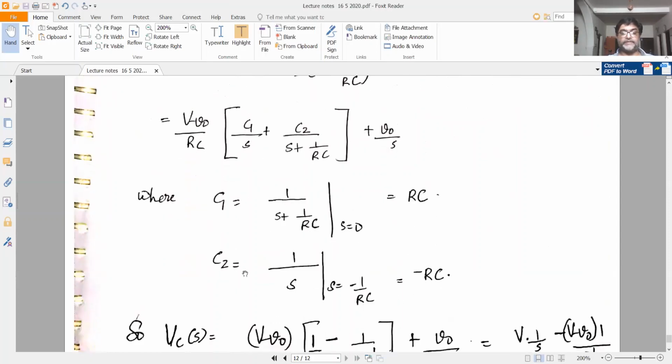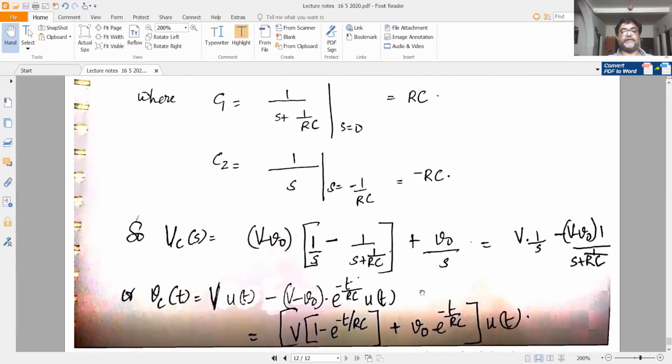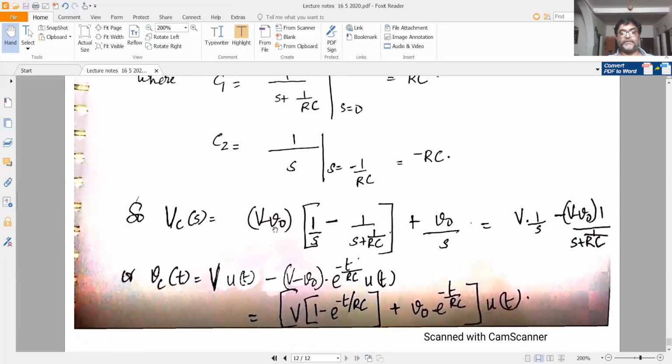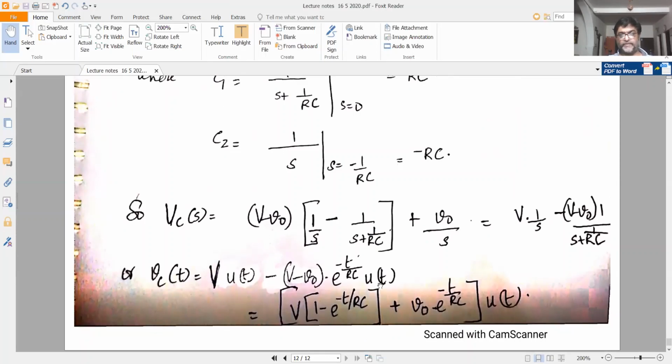C1 you get as RC, C2 you get as minus RC. I will leave the simplification to yourself, and you will arrive at this expression: